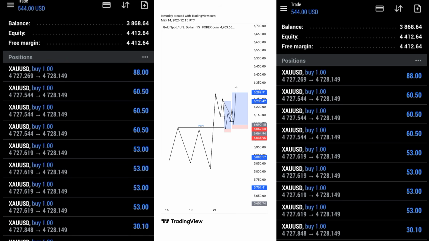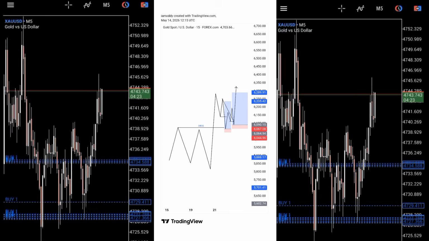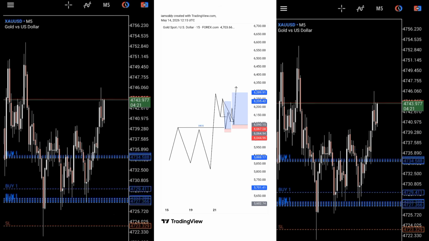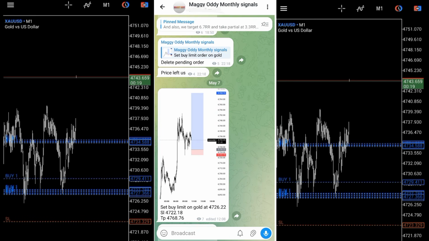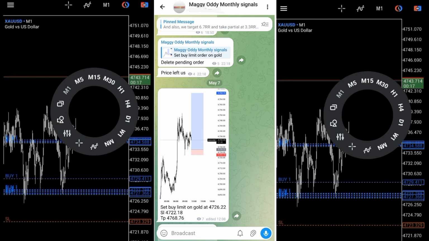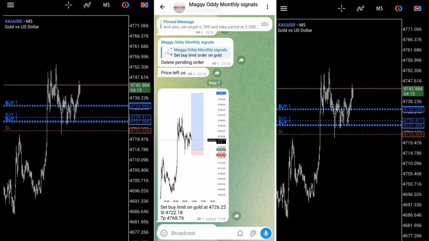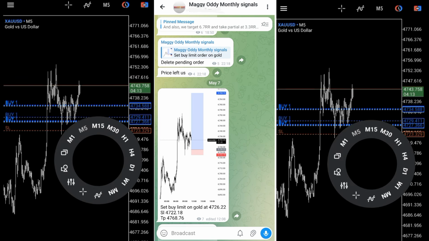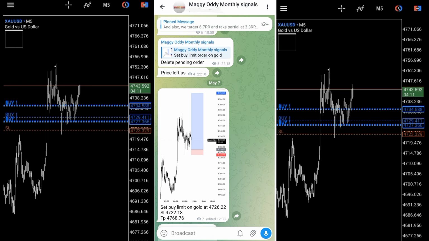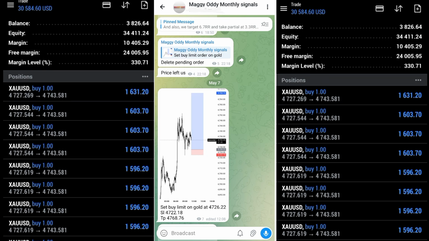So you can see we're in a $700 floating profit. With that being said, let's see what happens to this trade. Price went up and came down, and then I added more positions, and as I was adding more positions, I sent the signal to my Telegram community. At first it was a miss entry, so we hopped on the trade early, and currently it's moving so well. So I'll be booking this profit.